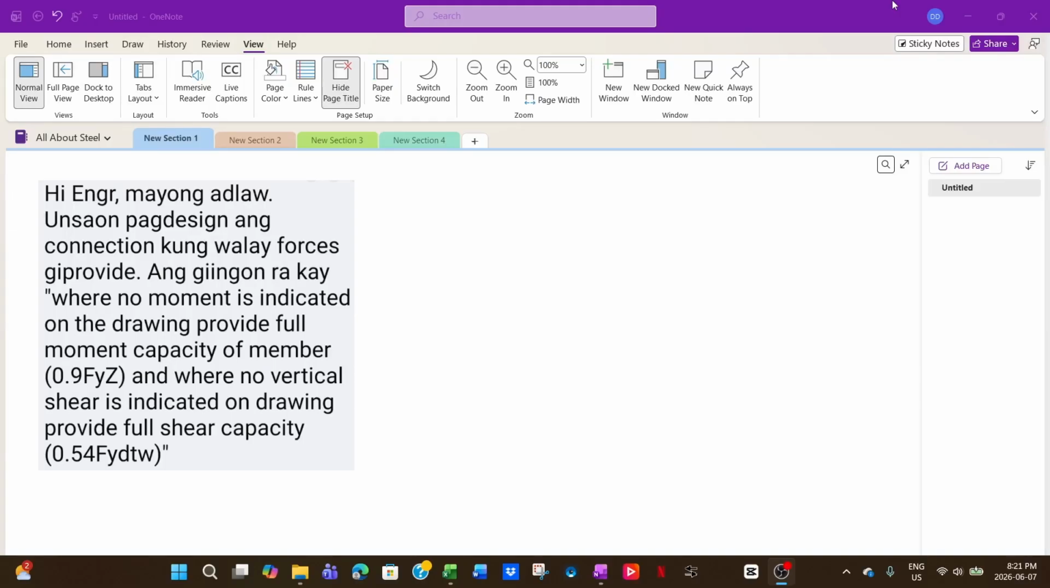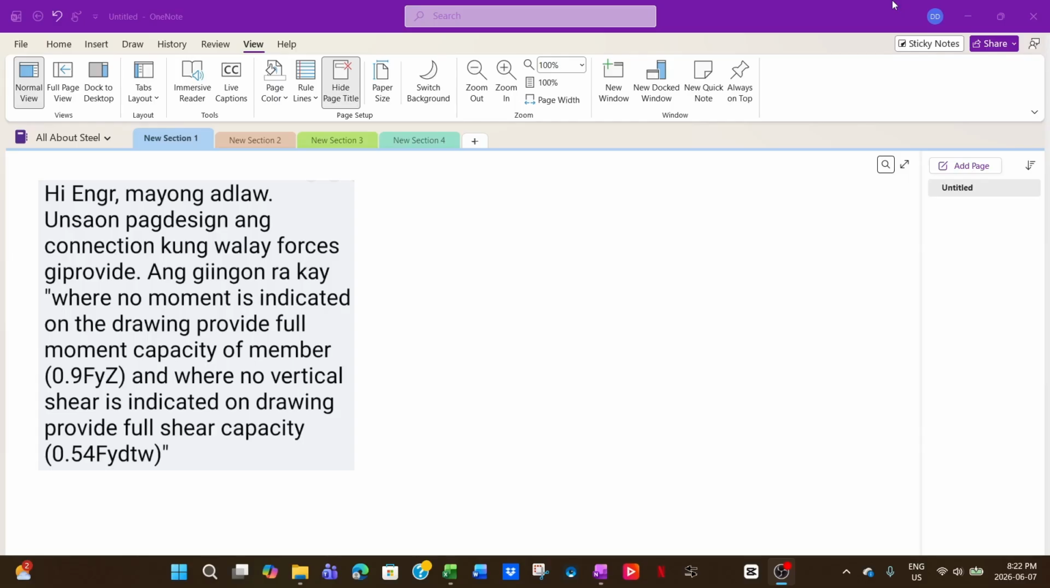In fact, I already posted about it, but I've been receiving questions about how to do steel connection. So I will just discuss all together. Basically, this question he was asking was how to design the connection if there are no forces provided,